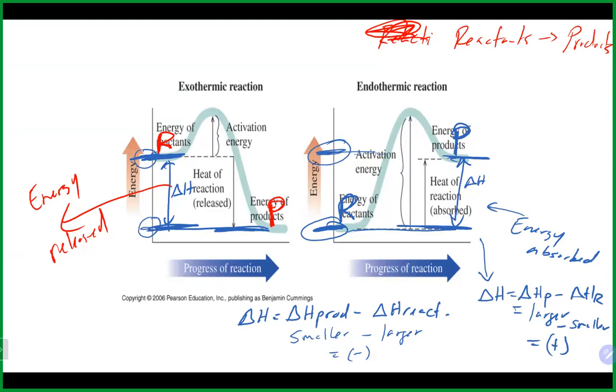And I would say that is very much the common way that exothermic and endothermic is displayed to you in chemistry. They'll give you an equation, and at the end of the equation, they'll say the delta H value for this reaction is negative 300 joules or something like that, kilojoules. And just from the negative sign, you know it's exothermic, or if you have a delta H value that's positive, then you know it is an endothermic reaction. Any questions on that? Now, what happens as we go from